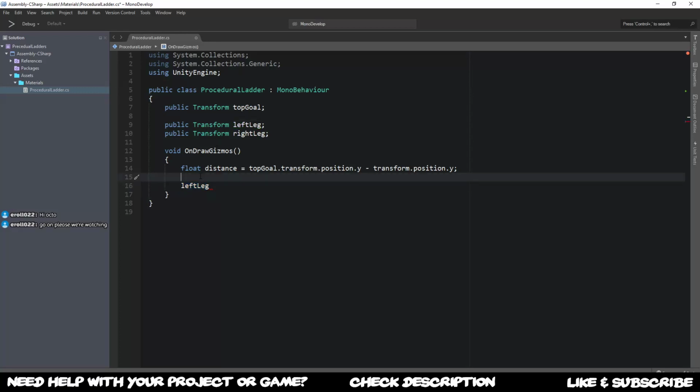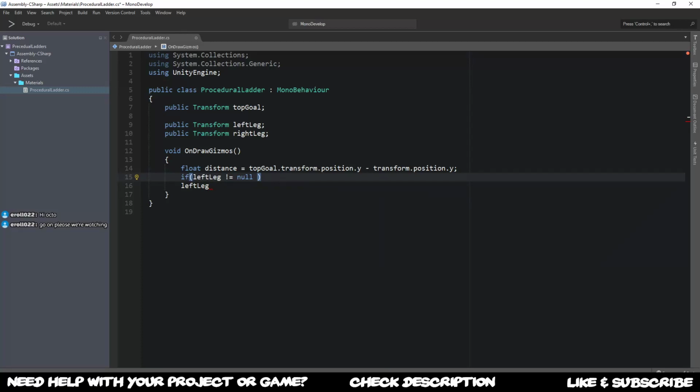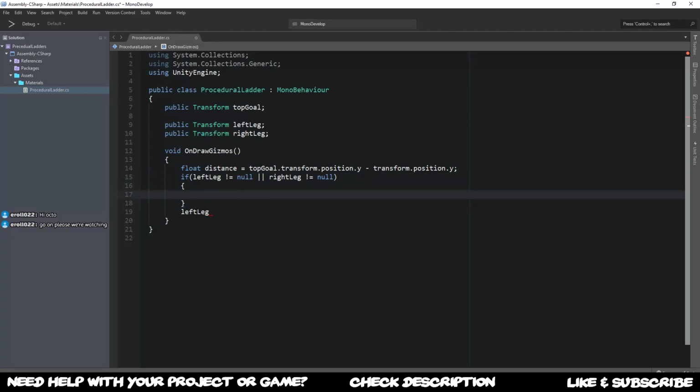So if there is basically nothing inside this transform left leg, then we don't want to do anything and don't want to spit out errors. To do so, we can say if left leg is not equal to null, or the right leg is not equal to null, then only then we want to do the calculation and the rescaling basically. So what we can do now is we take left leg and put this over here, and